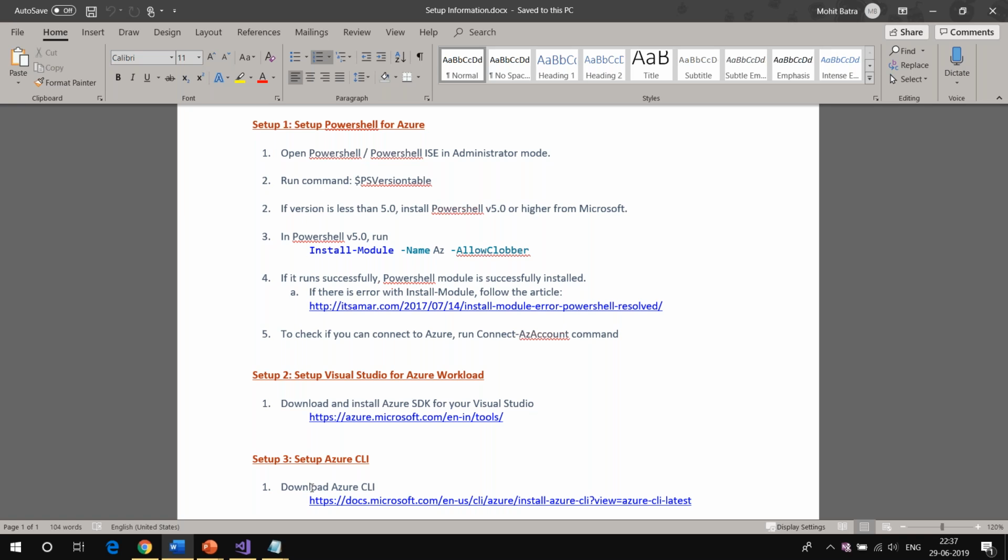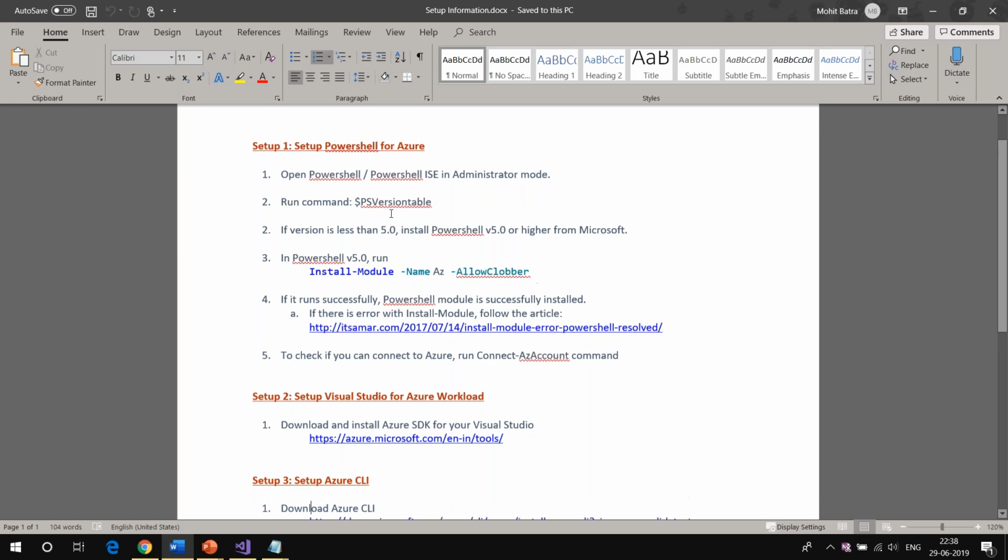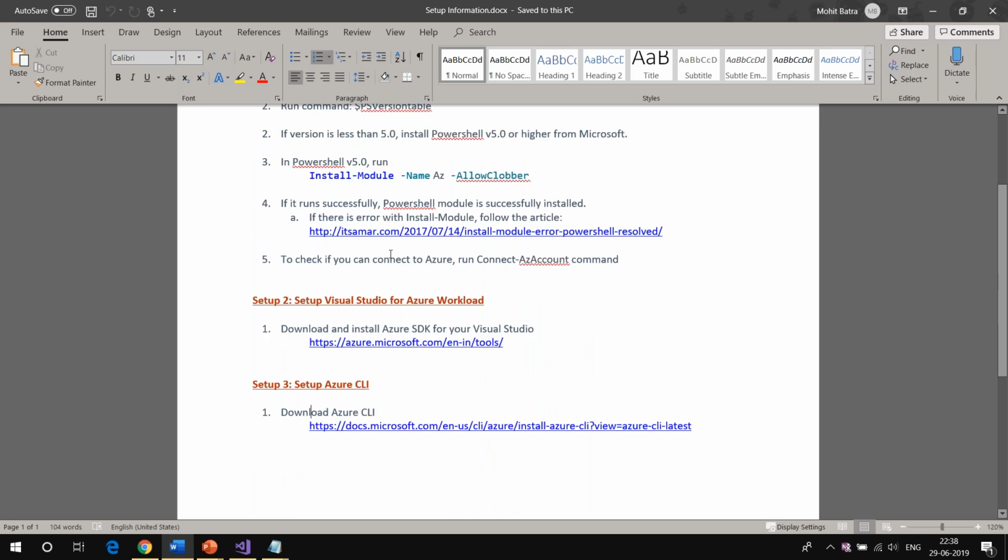Not just the deployment, you can use all these services in any kind of environment. You can use Java, Python, PHP, .NET, .NET Core, any kind of environment you want to use. And you can also do deployment via Linux, via Windows, and all that. All right, so you're not restricted to any one particular environment. Now this is the way to set up your environment. I'm going to share this document.